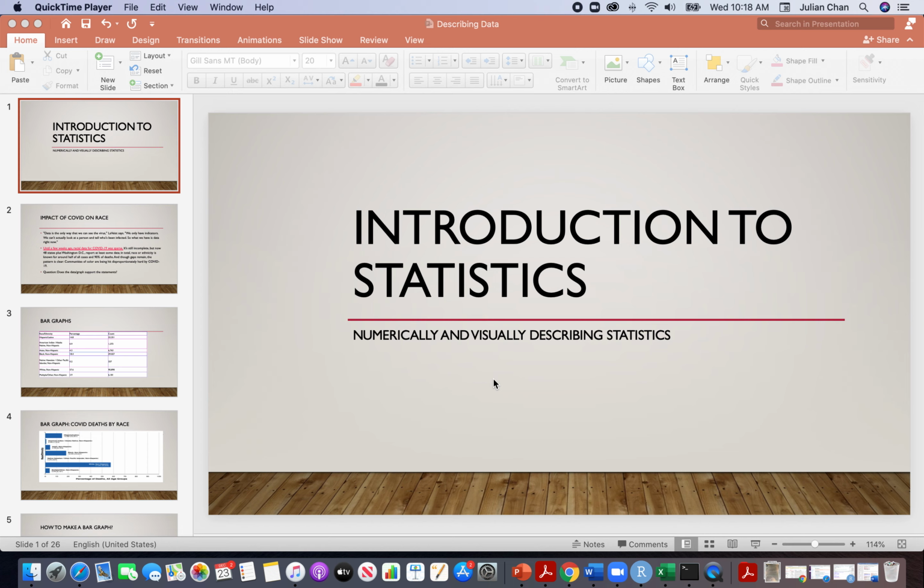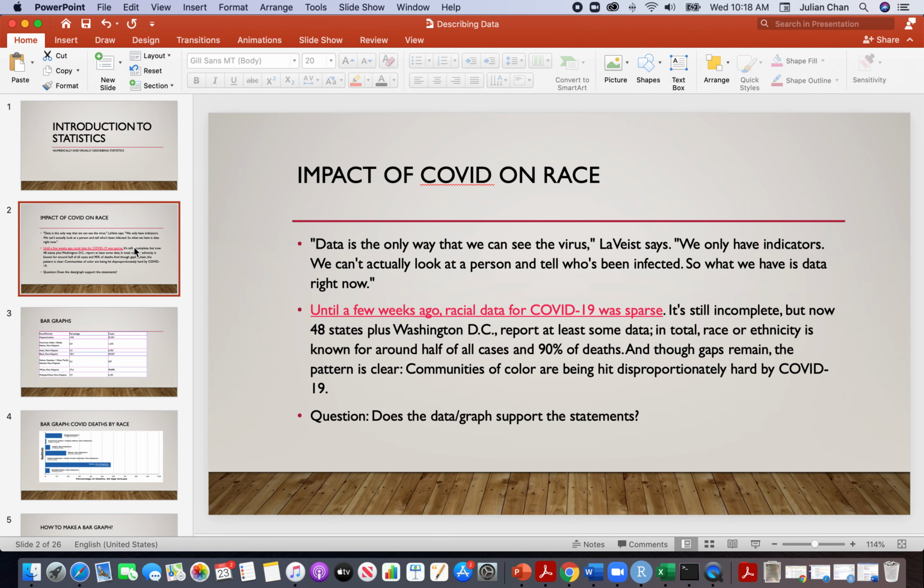We're talking about visually and numerically describing data, and we're going to use it in some applied settings. So for instance,